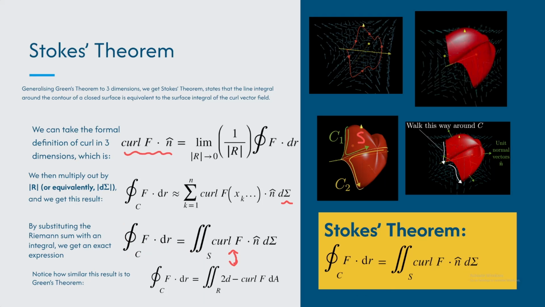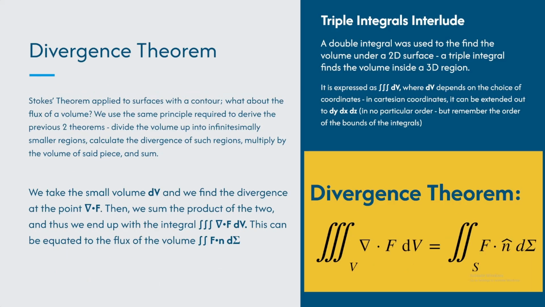So we get our Stokes' theorem in a similar way, looking at the definition of curl in 3 dimensions, and it kind of just falls out from there. And the divergence theorem is very similar. So Stokes' theorem looks at the surface, but what about flux of a volume, right? So we use the same principle. We divide the volume up into infinitely small regions, calculate the divergence of such regions, and multiply by the volume of said piece, and then sum it. So you take a small volume dV, you find the divergence, nabla dot f, inside dV. Then you sum the product of the two,